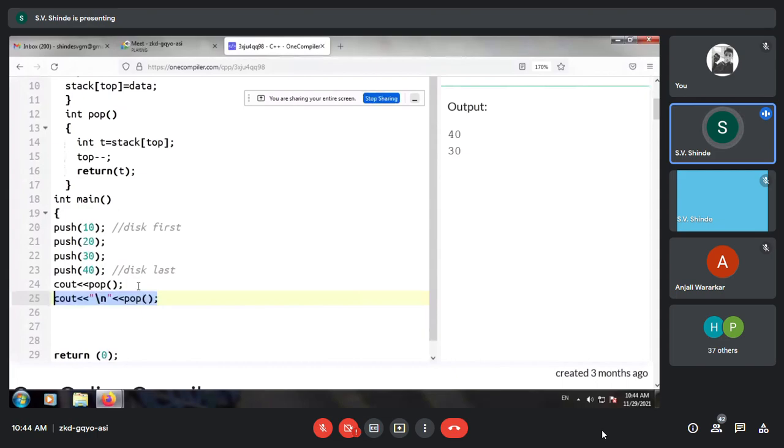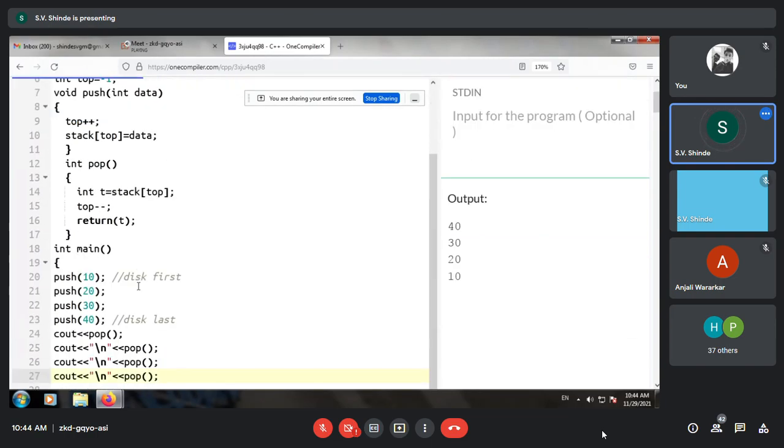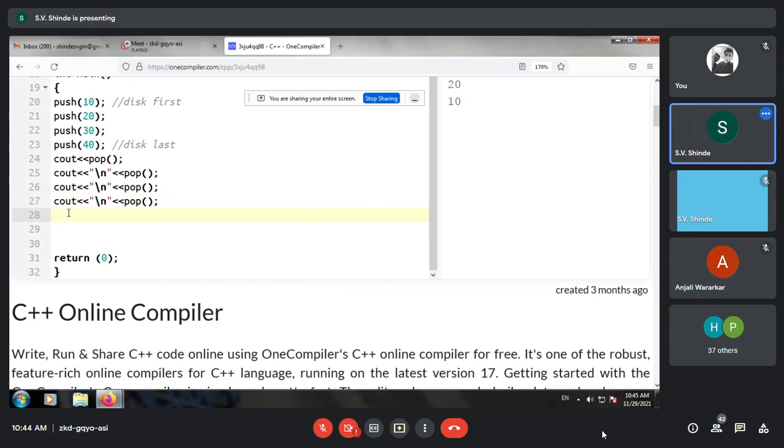Let us use one more output. So we have a total of 4 inserts and 4 outputs. You can see 10 was inserted first, but it is retrieved last. Therefore, we say that this data structure is nothing but a LIFO data structure. Yes, participants, are you able to understand the concept, or any question in implementation of stack using arrays? It is a very easy example, the easiest example.